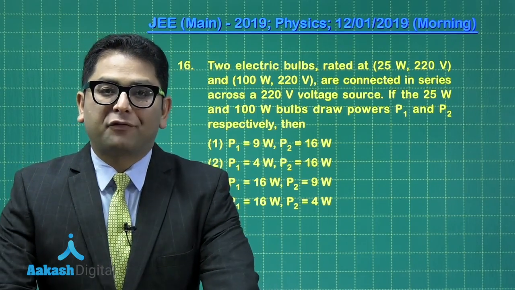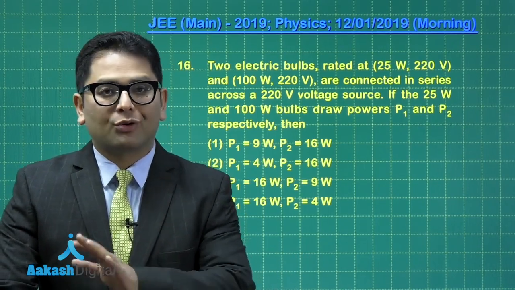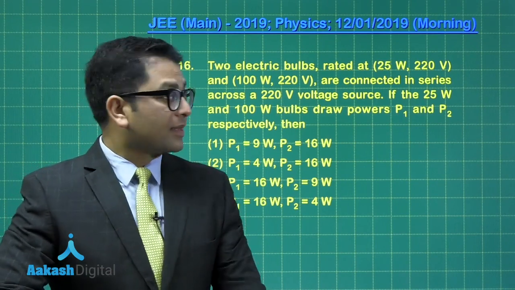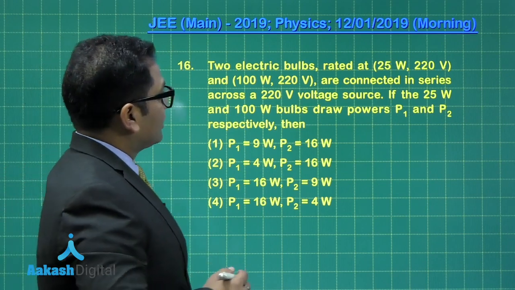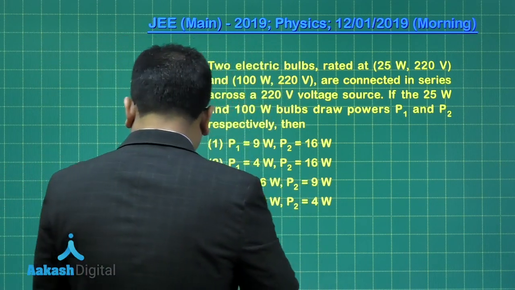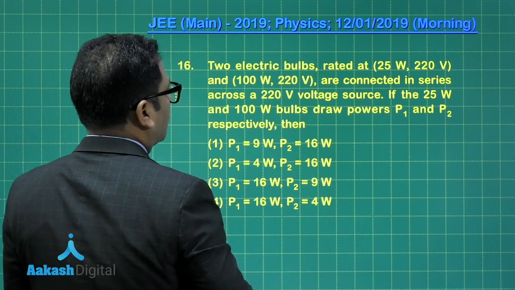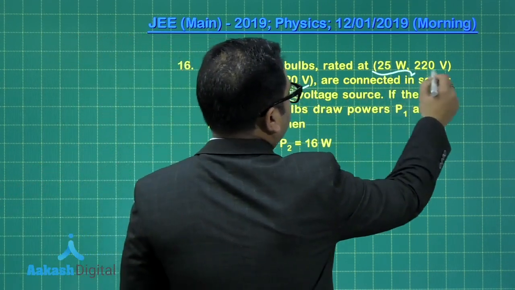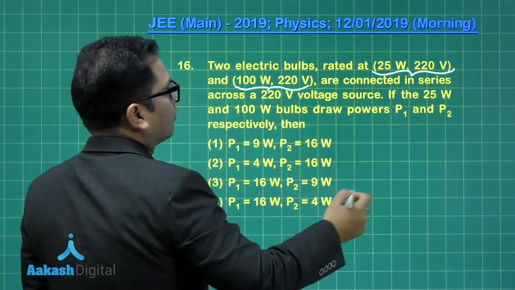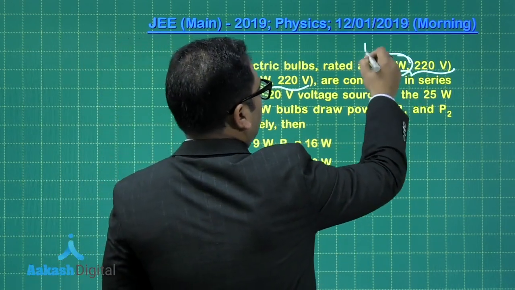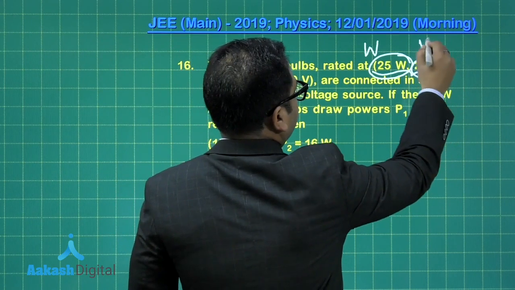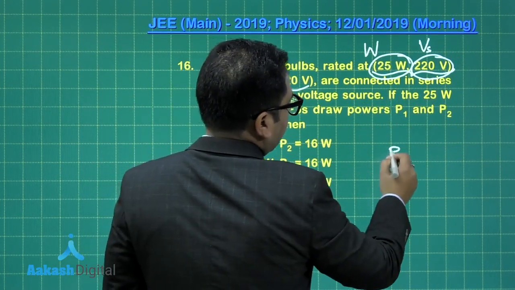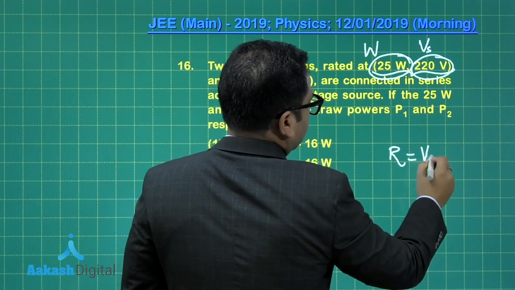Question number 16 from current electricity, another regular featured question that we generally discuss in the class. It says something like this: there are two electric bulbs rated 25 watt, 220 volt. So from the rating, we can always calculate the resistance. This is the wattage rating, this is the specified voltage, and one can always calculate the resistance by V squared